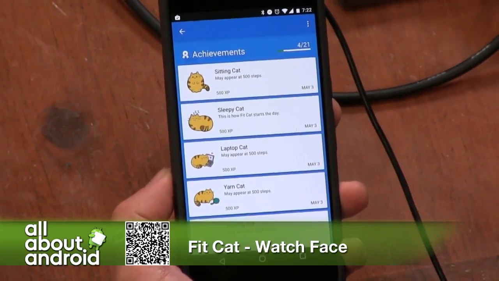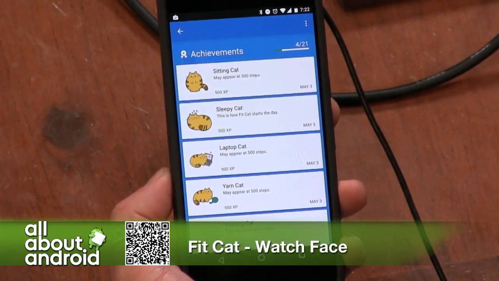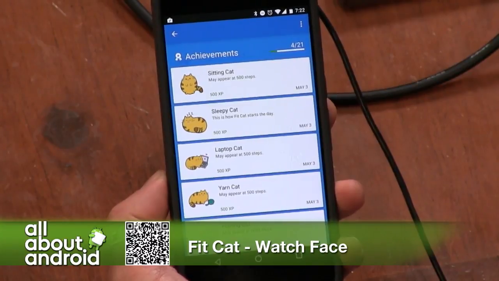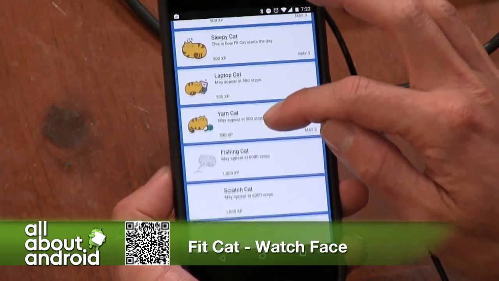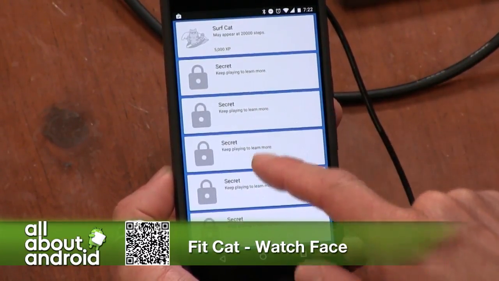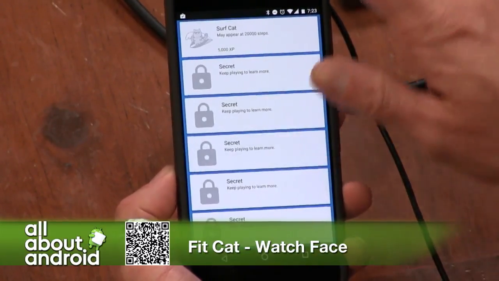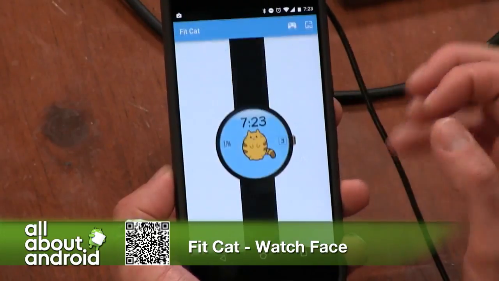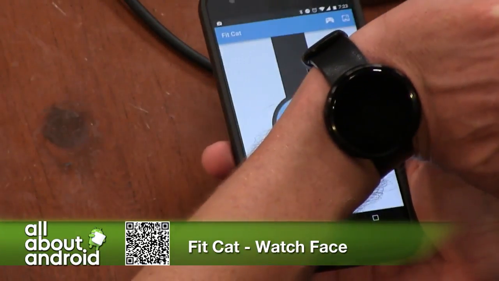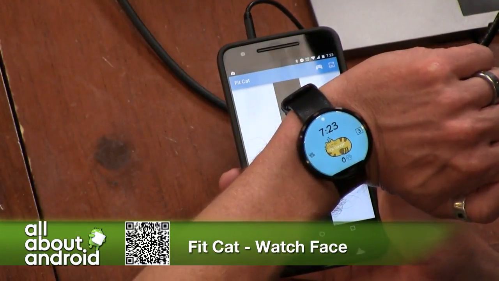Anyway, there's rumors. I can neither confirm or deny that there may be a Google I/O FitCat one. So there we go. One of those secret ones, probably. Yeah, probably, I'm guessing. They aren't going to tell me. Awesome. I love it. I did actually just assign this right before sitting down, so it's true.